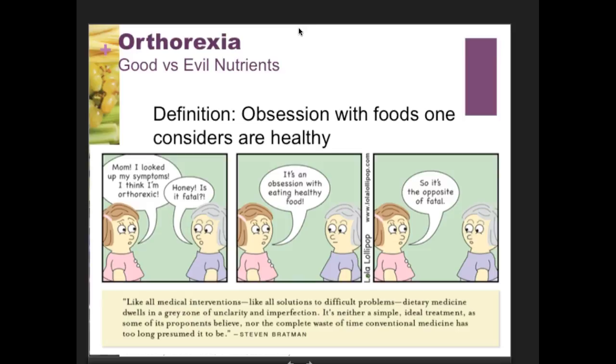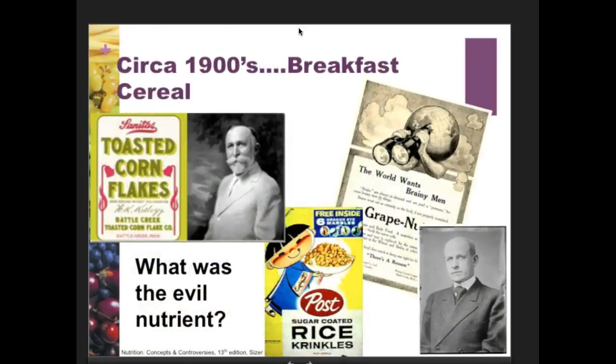And as it turns out, in the late 1800s, they're obviously not on our bandwagon in this generation, but the evil nutrient was protein. As we move forward to the 1900s, Henry Kellogg had mistakenly come up with these flaked grains. Originally they were wheat grains, and he decided that they were rather tasty, and ultimately moved to corn, which was even more tasty because it's a bit sweeter.